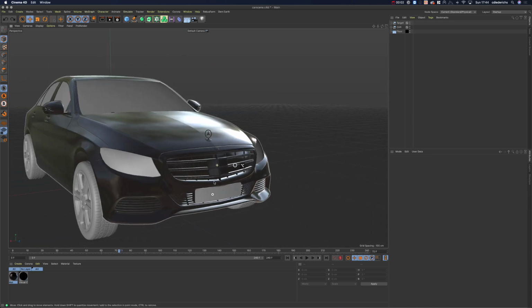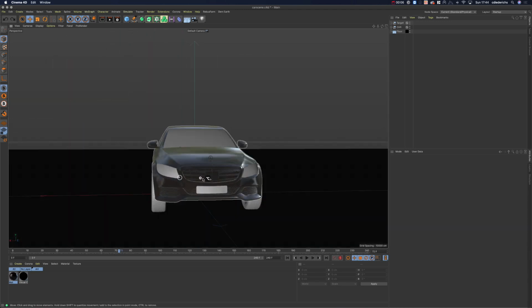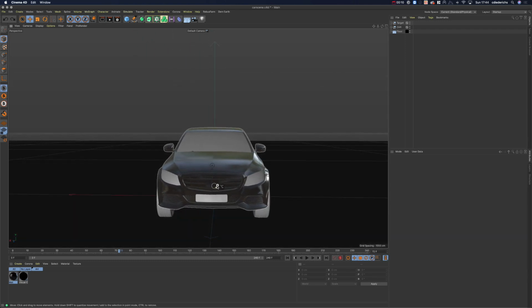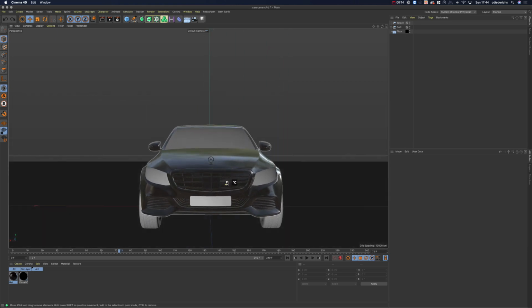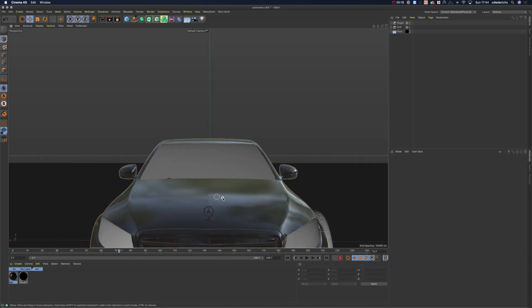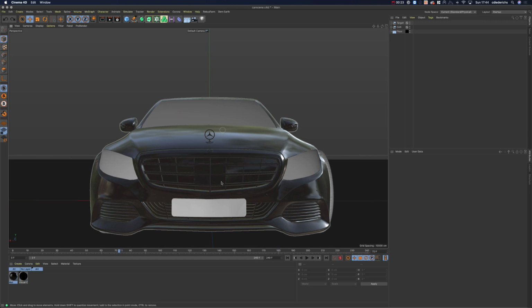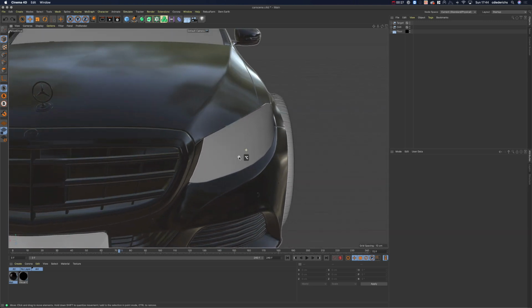Okay, so I loaded up a scene with a car. As you can see, it's not fully textured, but for doing this kind of animation thing, that should be sufficient. Okay, let's say we want to do a sequence of different camera animations. So the first one should be, let's say we want to move the camera from the top to the bottom here along the grill. Then the next animation should be focused on the